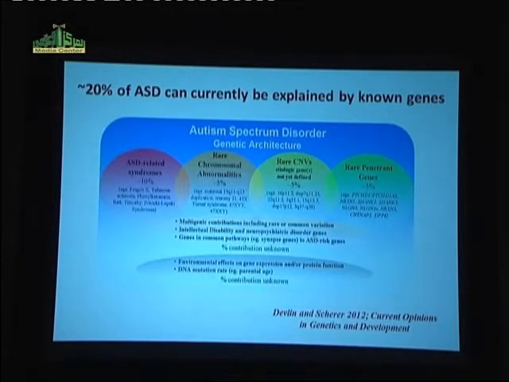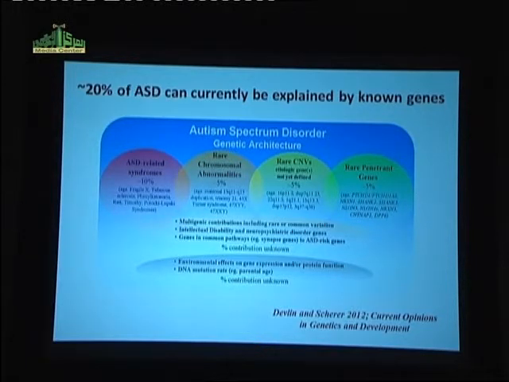This is a slide that summarizes what's known about the genetics of autism. Roughly 20% of cases that would come in, say, consecutively in our clinic, we can now explain based on some type of genetic explanation. So in roughly 10% of these cases, the child would have an ASD-related syndrome such as Fragile X or